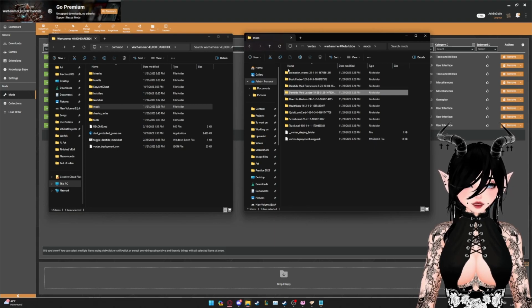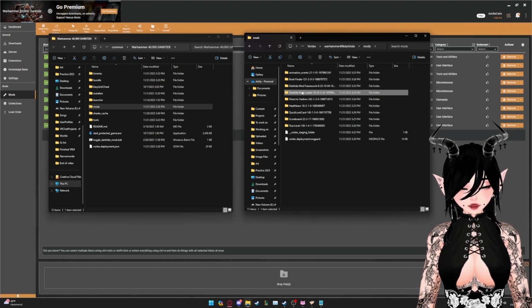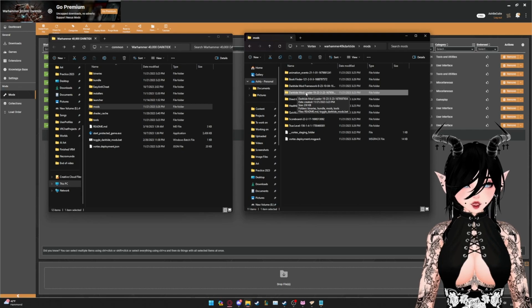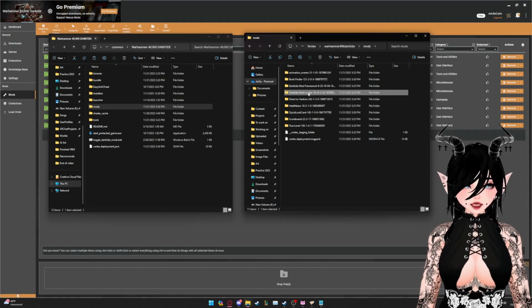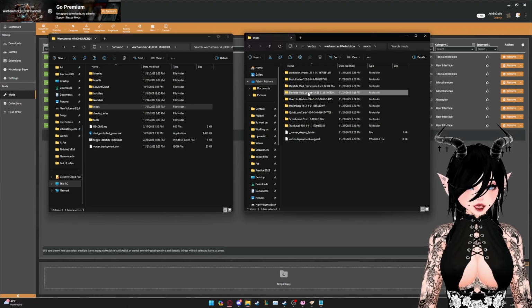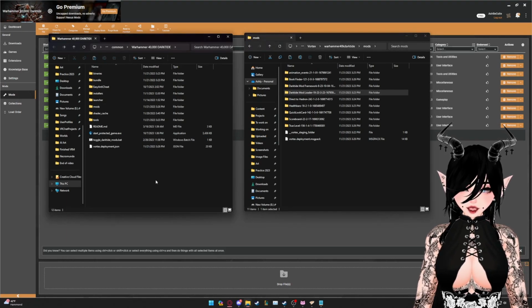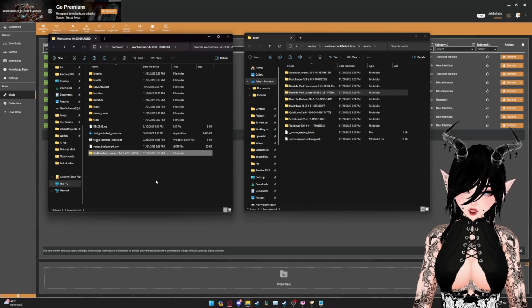You can go back a little bit. It will start you in the files, but just make sure you go back until you see these mods listed here, or all of your mods. And you should see the mod loader file. So we're going to select this and then Control C, just spam Control C a lot. And then we're going to click into our actual game files and do Control V.